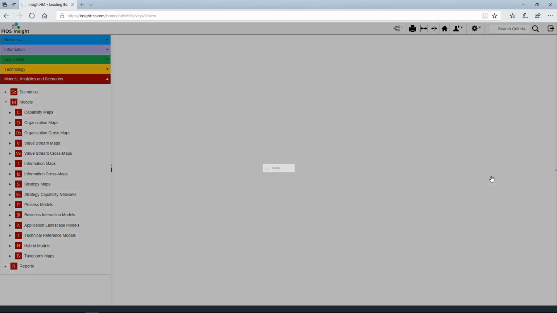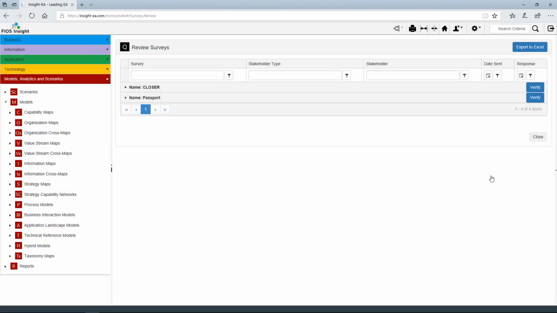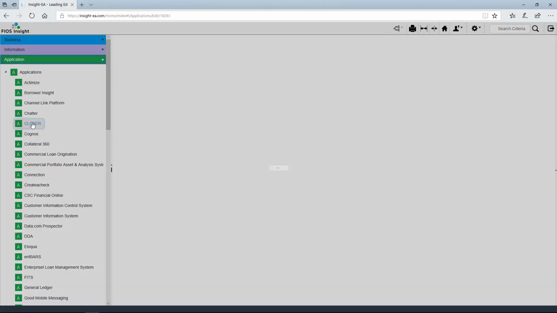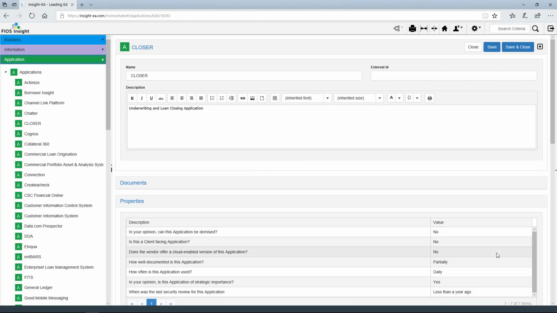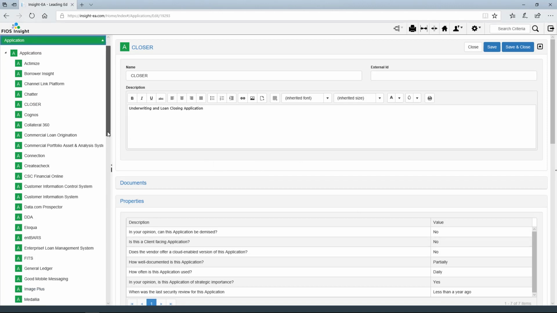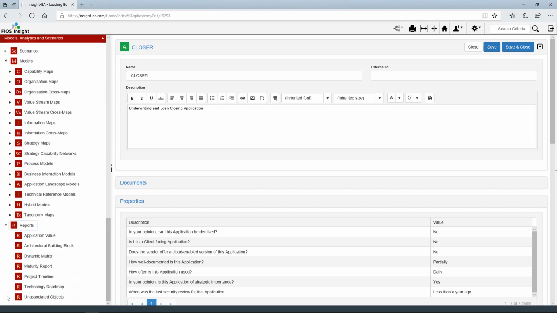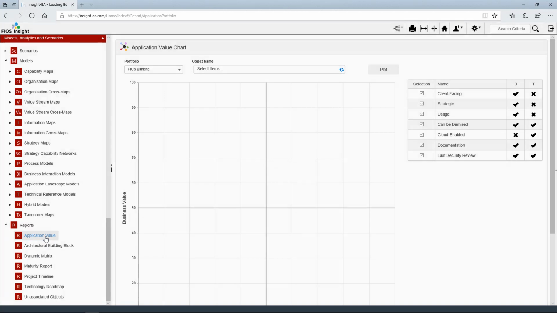We're then returned to a review screen where responses are grouped by applications and available as a record of all responses. If we now return to the application object, we can see the attributes on this application have been updated based on those responses. Now let's look at one example of how this information might be used, such as an